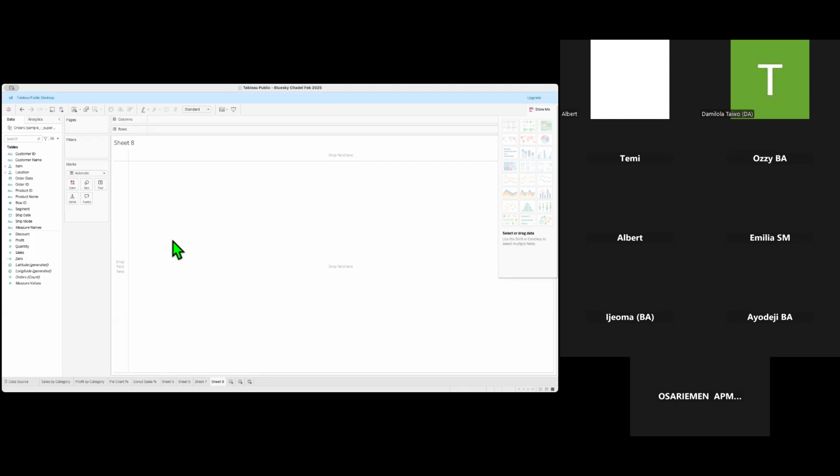It can be anything. So now, for us to visualize the products that are leading the other products in this particular data set,